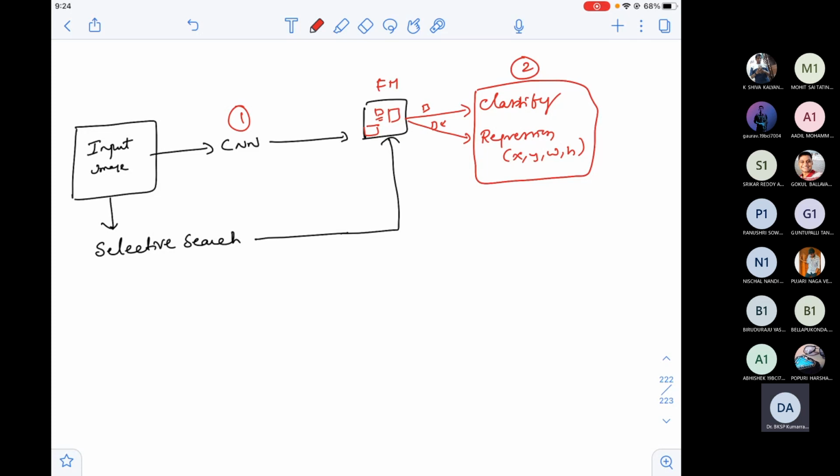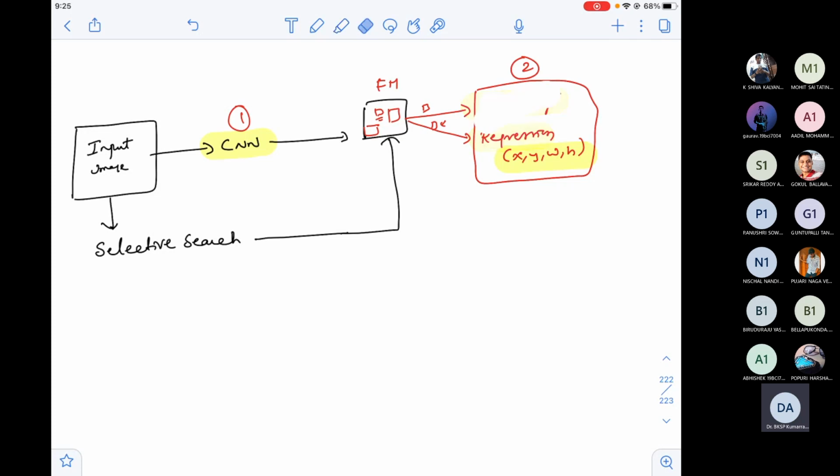can I call this a drastic change and say that the time consumption is drastically reduced? Actually, the time consumption is drastically reduced because I'm passing the input image only once to the CNN. It is also reduced because I'm just extending my traditional CNN to give me the classification and regression outputs. So it's very, very simple.